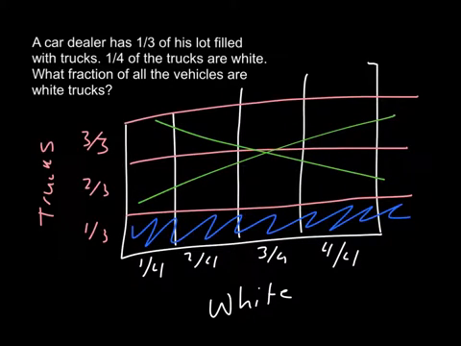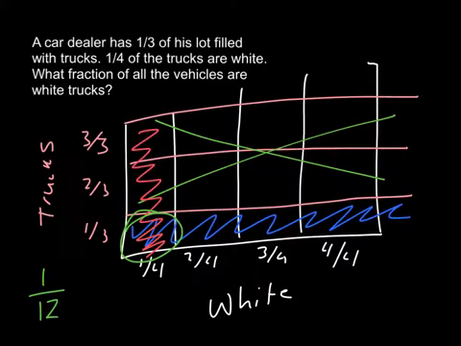Okay? And then when I look at it, we see that 1/4 of the trucks are white. So where I have 1/4, I'm going to fill that in with red. Okay? And again, looking at this, I see that I have only one section where it has the blue and the red. So I'm going to write 1. And there are 12 sections total. So 1/12 of the car dealer's lot